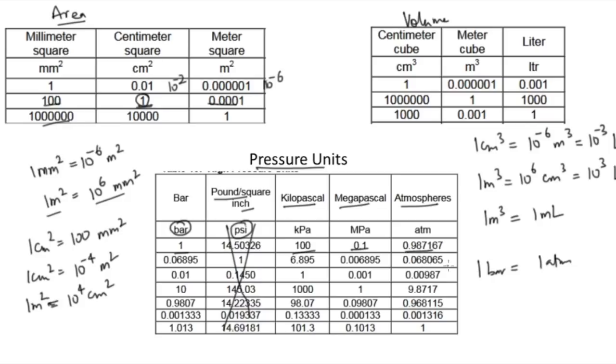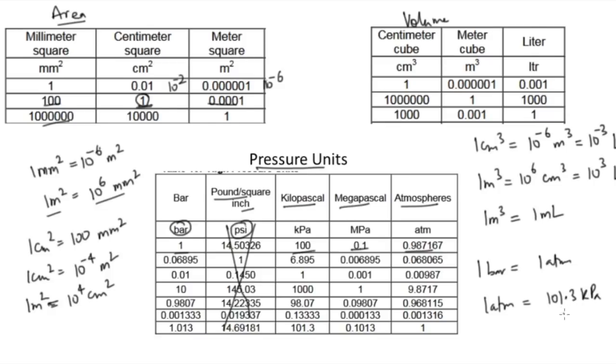Okay, so that is how it works. It will be like this. One atm will be how much? 1 kilopascal is 101.3. Okay, so one atm, now atm and pascal if you want to do, so one atm is equal to 101.3 kilopascal. If you want to convert it in pascal, so kilopascal means if you are going from kilopascal